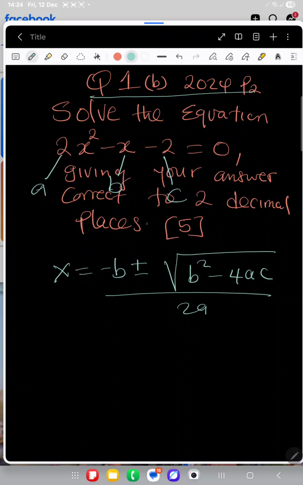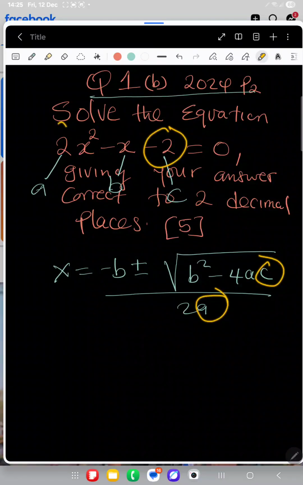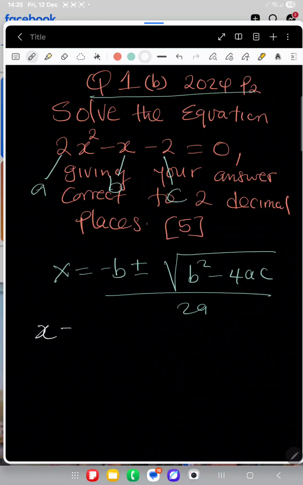From there, you just need to replace. Whenever there is b in the formula, we put negative 1. Whenever there is c, we put negative 2. And whenever there is a, we put 2. That's what we are going to do. So we say x is equal to negative, our b according to the question is negative 1, so we put negative 1 here, plus or minus the square root of,